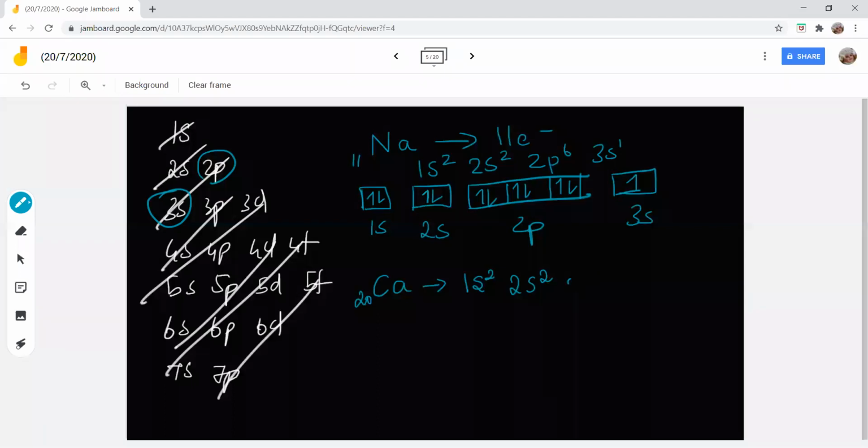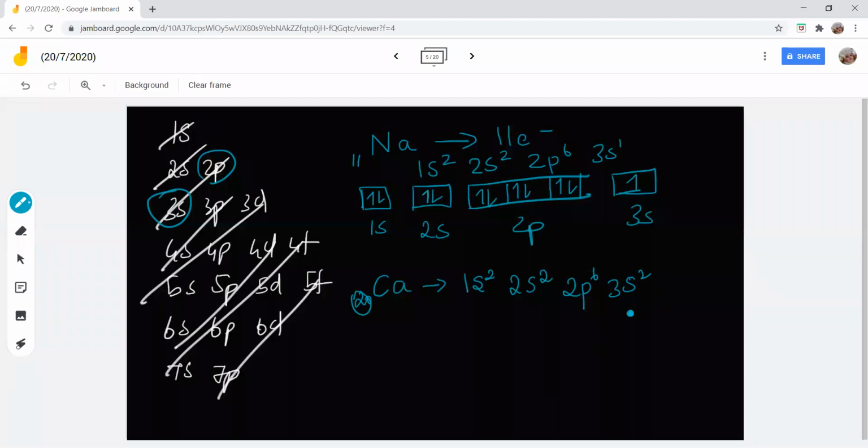2p. Okay. In 2p, how many electrons? 6 electrons. Very good. After 2p, which gets filled? 3s. So there, how many electrons? 2 electrons. Very good, Roshni. Any s orbital, it is 2. Now, how many electrons does calcium have? Actually, it has 20 electrons, correct? Yes, ma'am. Out of 20, we have filled 12 electrons. So still we have 8 more electrons.